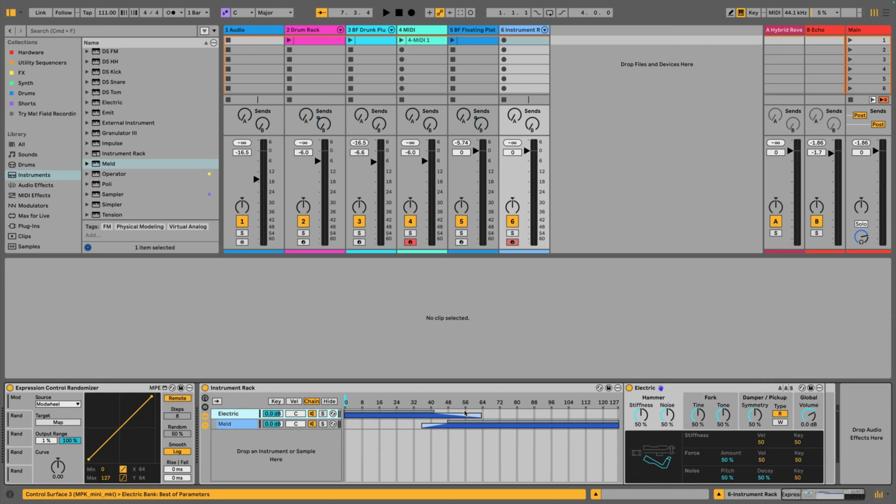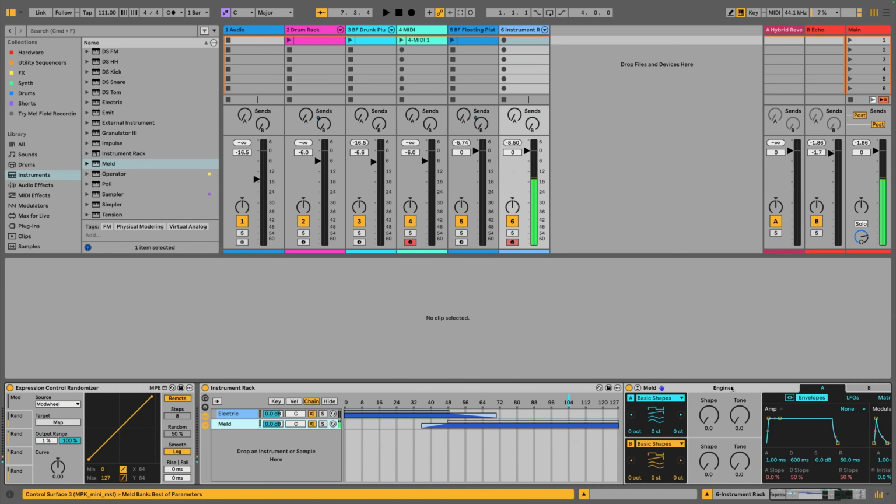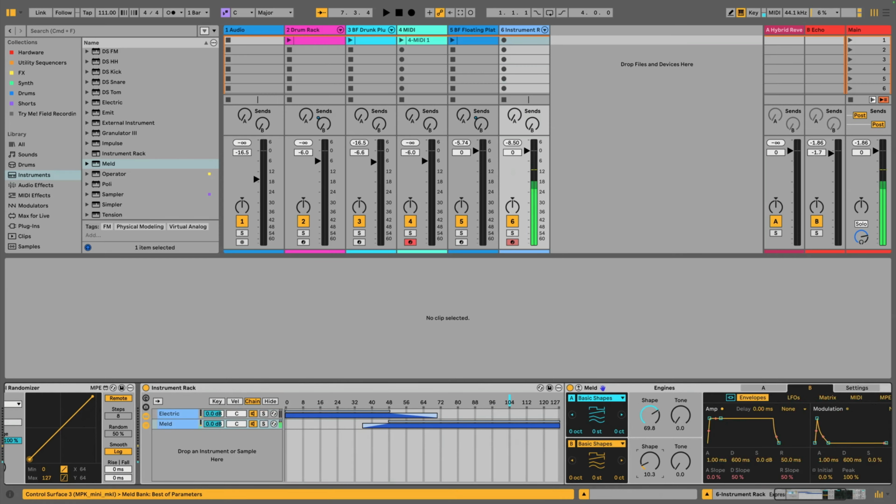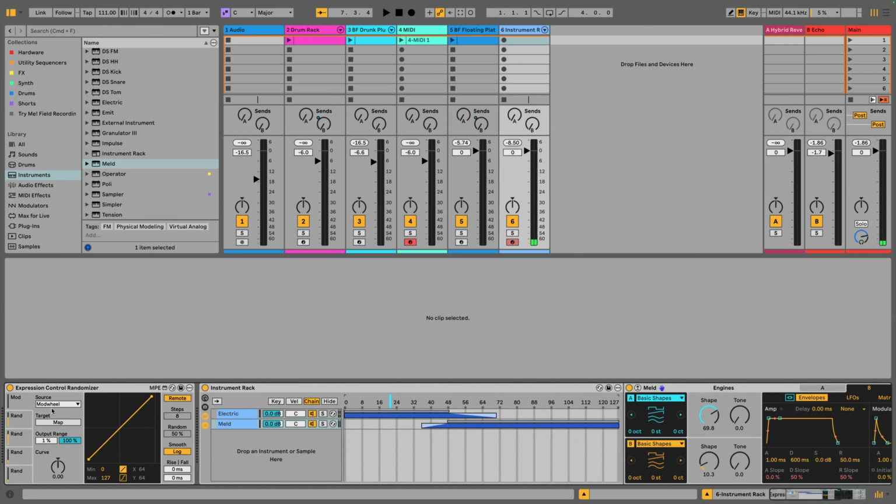So what I've got here is an instrument, kind of a layered instrument. Here's my electric sound. Meld could be so much more exciting. Yeah, just so we can hear the difference. And I can use any of these, really. Maybe I'll just use random, and I'll map this to the chain selector. And now, every time I play a note,